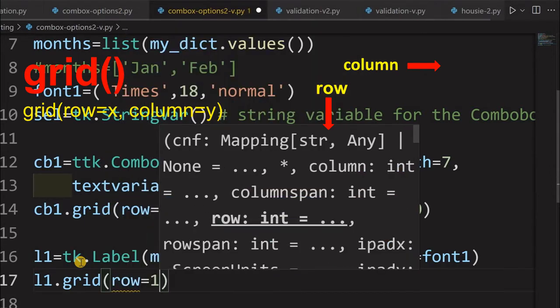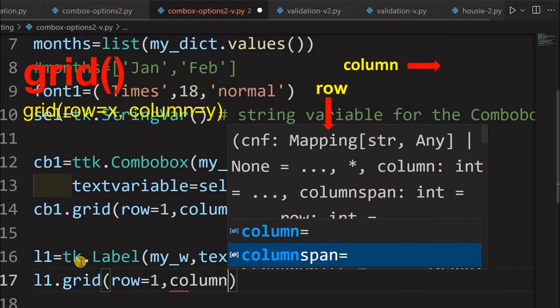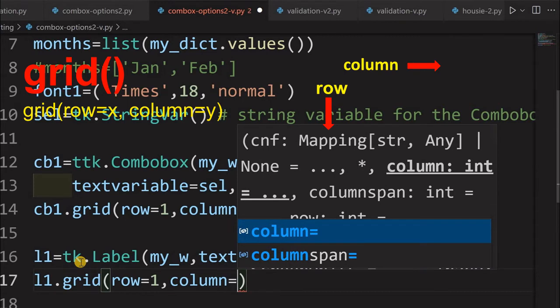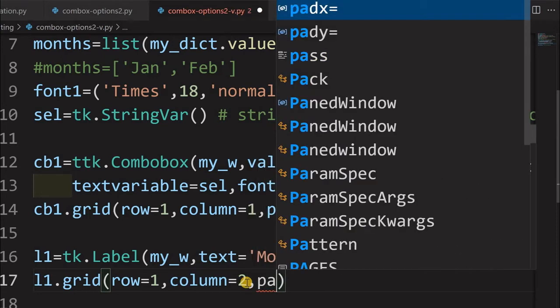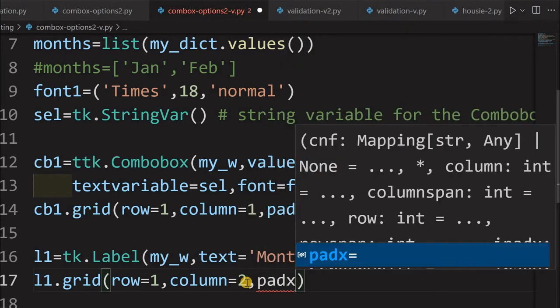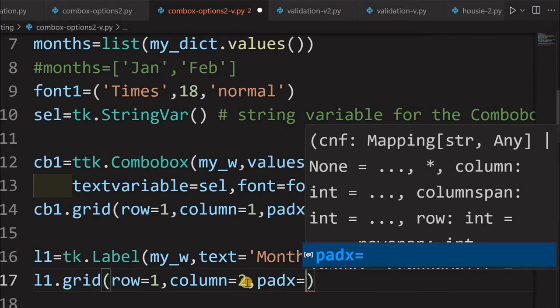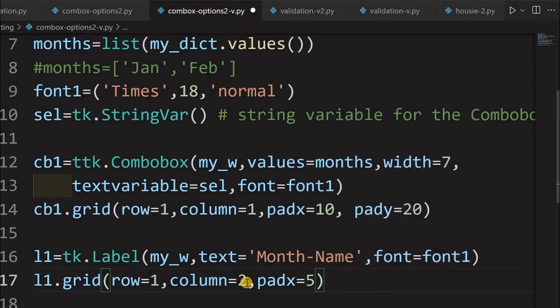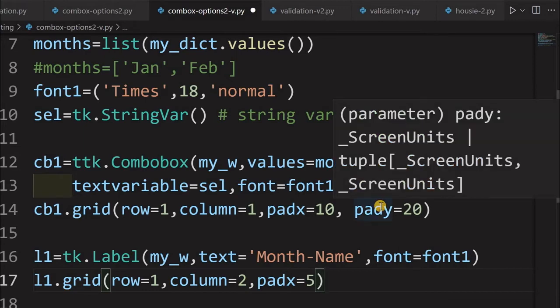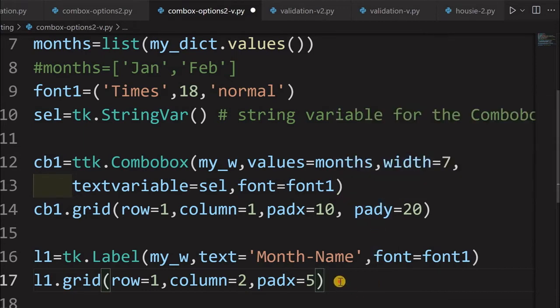Now let me come back and place it on our grid. So row equal to 1. This column should be, tell me what it should be, 2, because 1 is my combo box. So column 2. If I want slightly pad x, means from the combo box I am giving some gap here. Let me give 5. Fine. So pad y I need not mention because already here pad y is 20, so it will also maintain the same row.